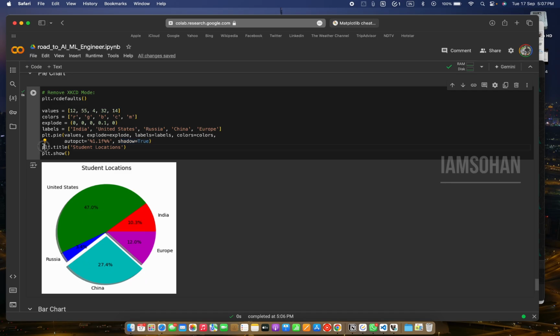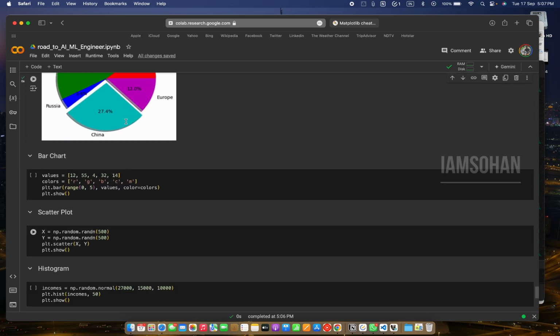And then I'm just giving a title, that is student locations. So after this, show just prints out the pie chart in a more human-readable way. So in this way we can also do a pie chart. Moving forward,